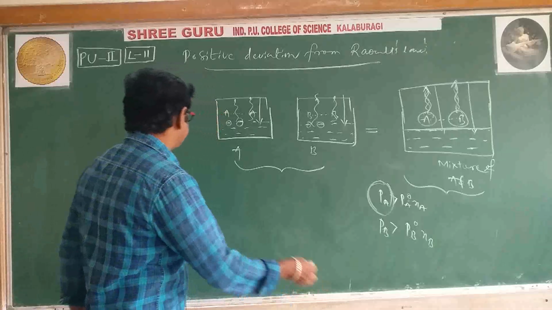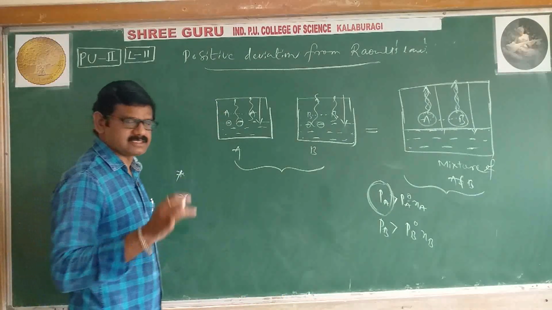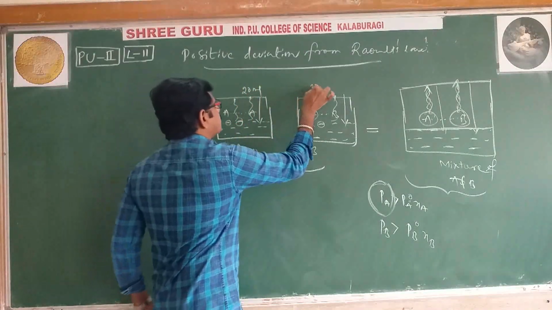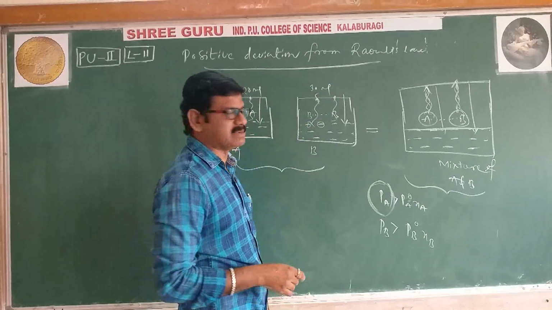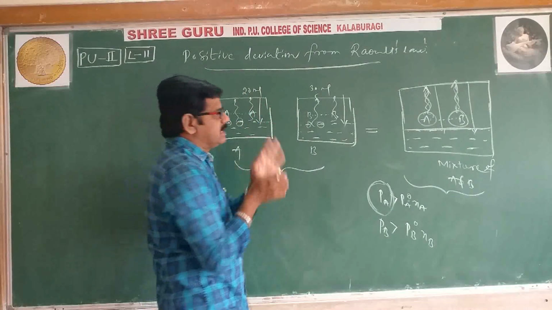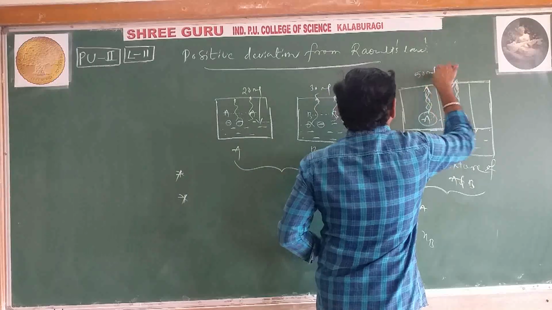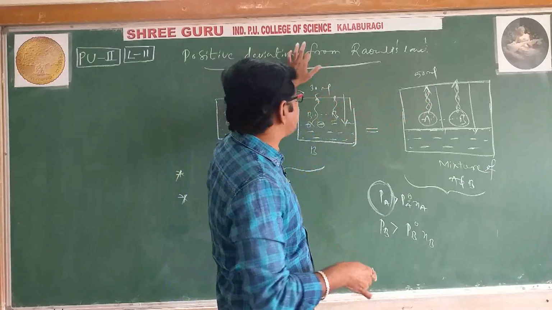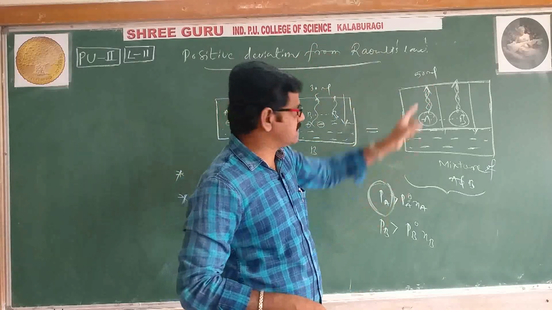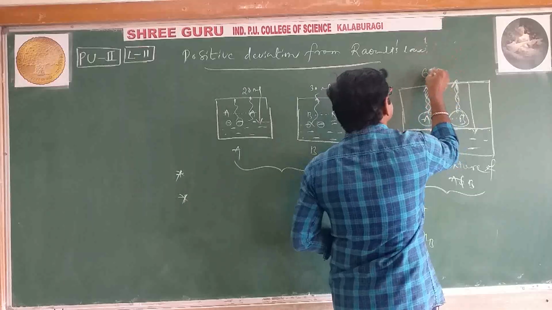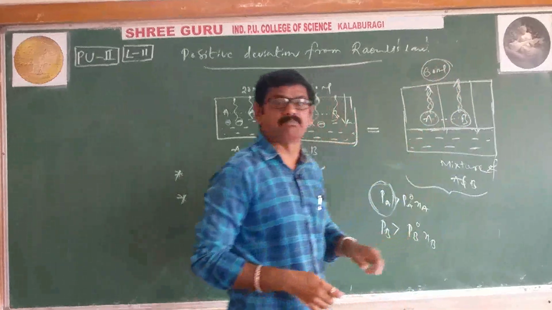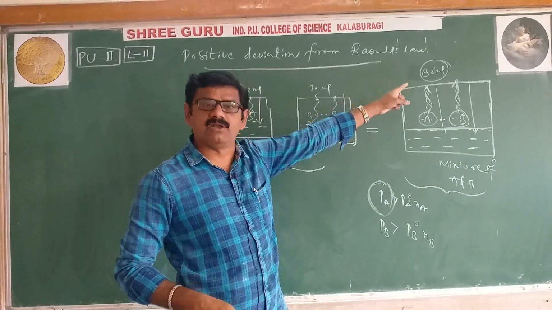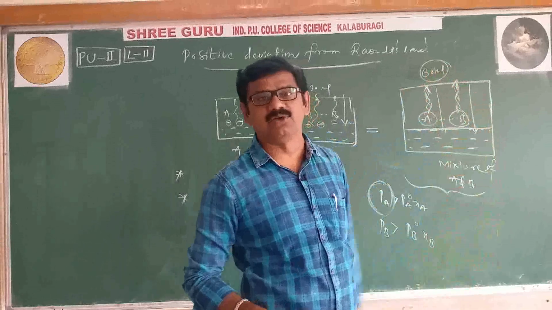Right. This is one characteristic. Second characteristic, see here carefully. Suppose it is 20 ml and 30 ml. When you mix 20 and 30, we are expecting 50 ml. But remember, in positive deviation, it is not 50 ml, it is 60 ml. Just for example purposes I am giving the value. Means whatever we are expecting, that volume is not there, more than that volume is there.